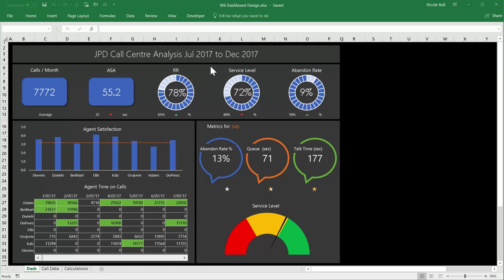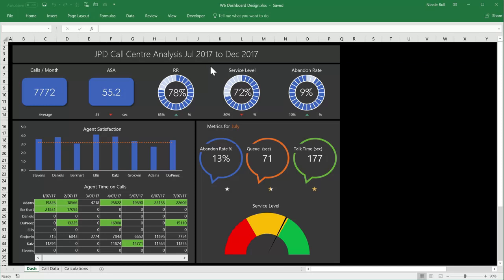And while there is an argument that says dashboards shouldn't have interactive elements, if it will support the business requirement, then it may well be something you want to do. And what we're going to look at is how we can create a fairly simple dashboard with one or two interactive elements. So this week, Alex has been asked to create a dashboard for a company that has a small